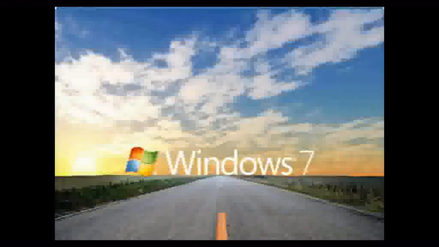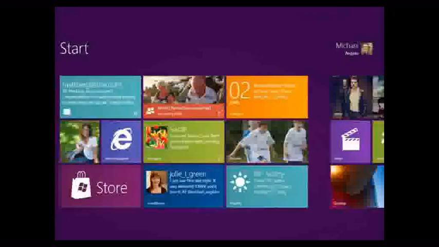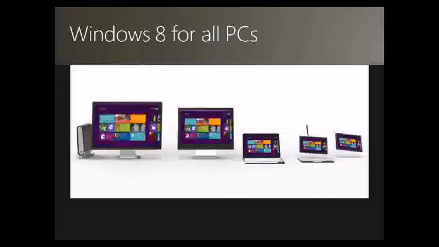So there are a couple of slides I want to go through, around Windows 7 on the horizon, or the end of the road for Windows 7. We've obviously made a lot of talk about Windows 8, and there's lots of information around how we'll have a change. There's a developer preview available, and there's going to be a beta very shortly. We're changing it for our Metro look, and this is well documented everywhere. But our strategy is to have Windows 8 for all PCs, whether a desktop, a laptop, a slate, a tablet,